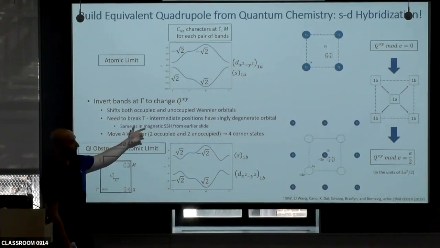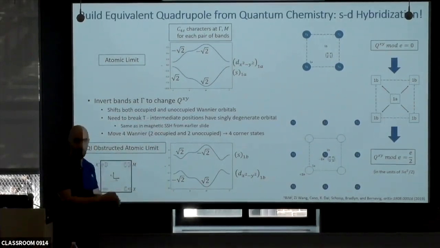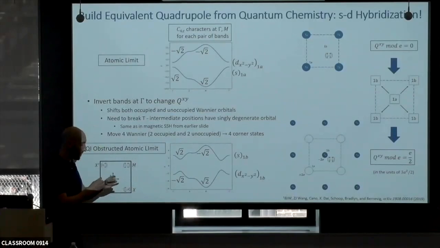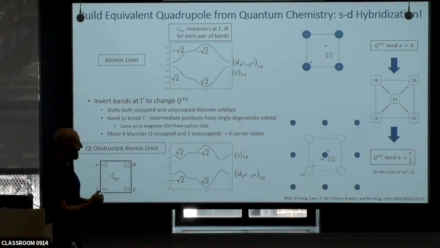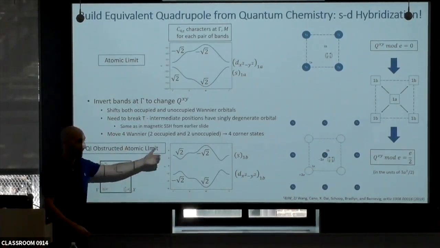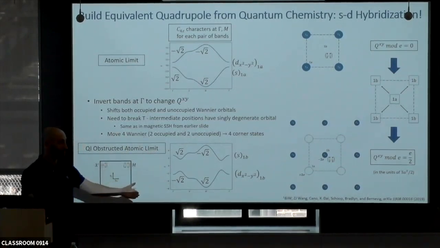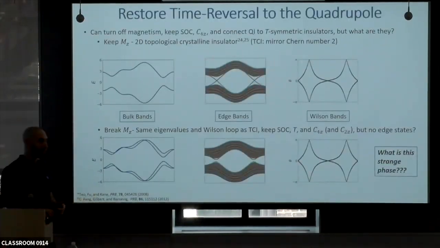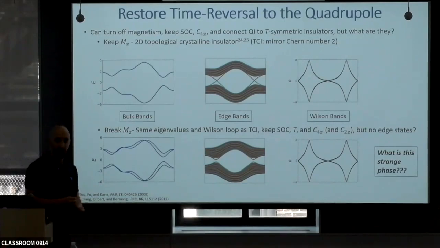And so if I were to look at where the 1a centers and atoms live, everything's on top of each other, and when I calculate the multipole moments, I find that I don't have any quadrupole moment. And then I can invert bands and open up an insulating gap at the gamma point, and that allows me to bring 2 valence and 2 conduction orbitals together, and I can slide them out in a mirror and C4 symmetric manner till they live in the center of the unit cell, and then I can throw 2 of them back up to the conduction manifold and realize a symmetric insulator again. But here, if I calculate the quadrupole moment, I get Qxy = e/2 mod e, which is the same value as for the BBH quadrupole. But what's nice about this model is it lets me also play with time reversal and crystal symmetries